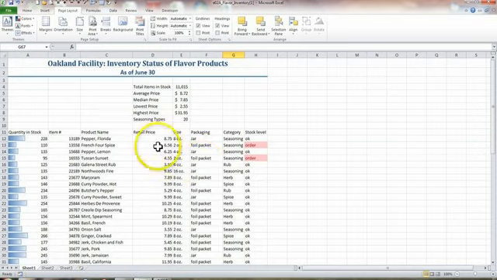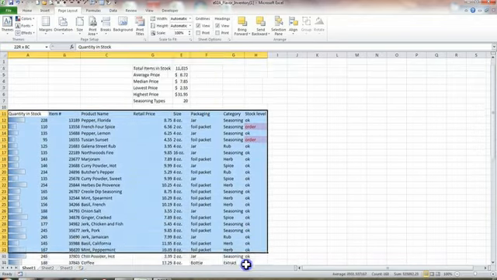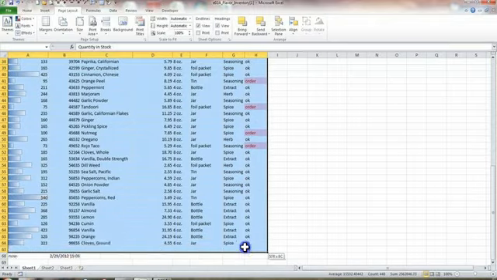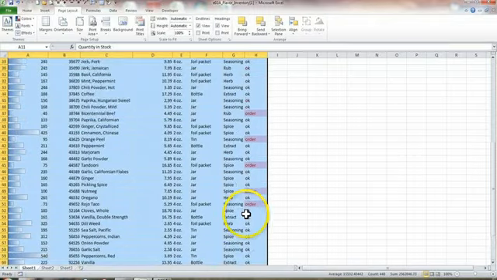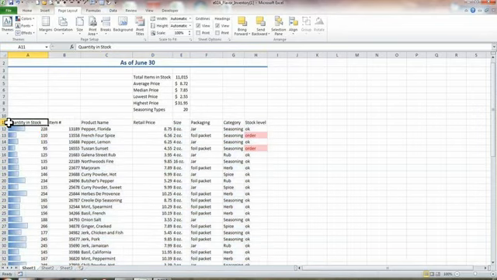What we want to do next is look at the freeze panes command. Okay? Now, looking at the data right here, I'm going to highlight just this area, down to this point here. This would be commonly known as a table. Okay? Key elements to a table is that the top row of a table